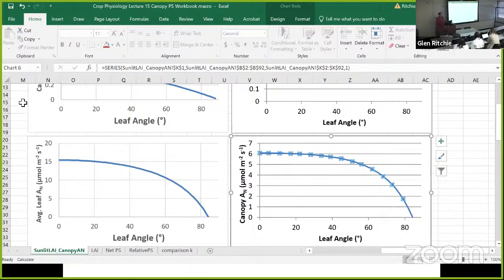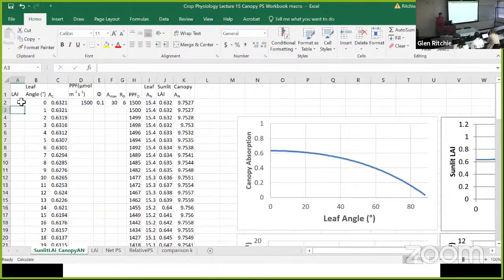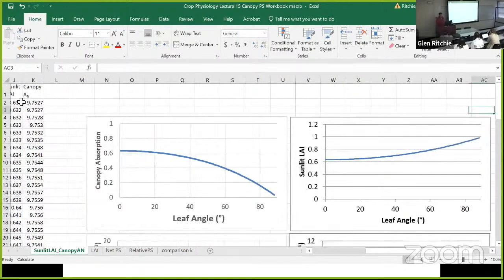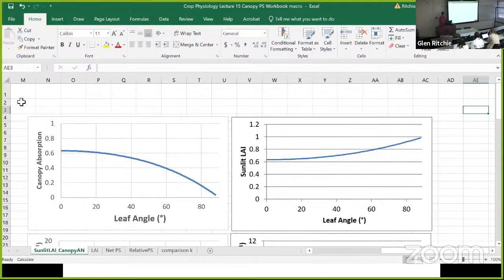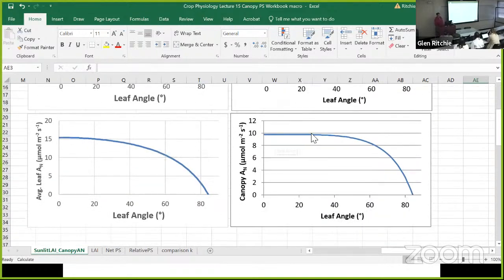Now let's bump it up to maybe a leaf area index of 1.5 and see what happens. So now you see this changes a little bit. Our sunlit leaf area index curve is more upward sloping than it was before. And our total canopy net photosynthesis now is more or less even from a leaf angle that's completely flat to a leaf angle that is more positive. So 40 degrees, that's a moderately upright leaf. That's almost 45 degrees at an angle to the plant here.